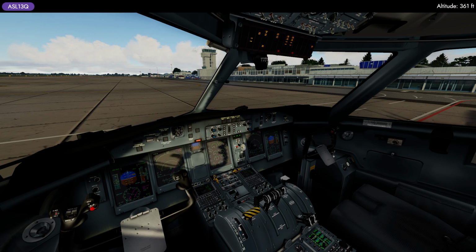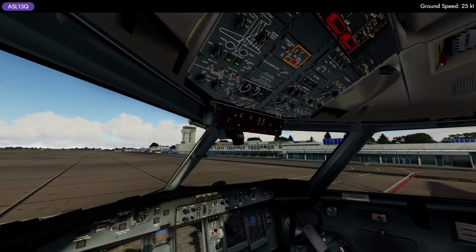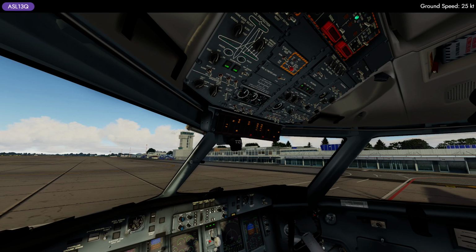So today's flight was a bit shorter than expected, but at least you saw non-standard operation,